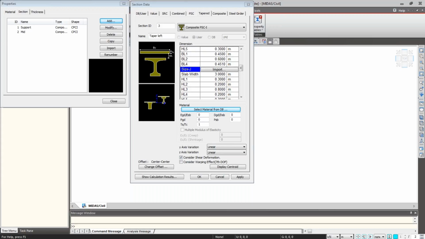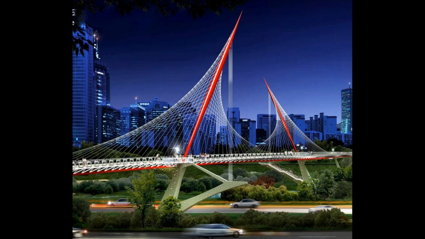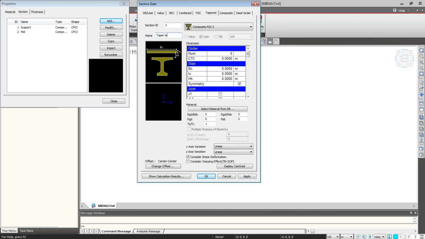So I'm creating the taper section again. This is the composite PSC I. I'm giving the name as taper left, and number of girders is 4. Center distance is 3 meter, BC is 3 meter. Thickness of the slab is 0.2, and the height between the girder and slab